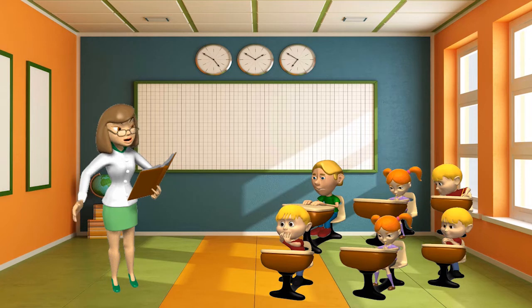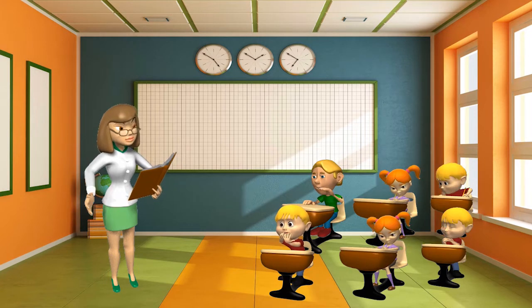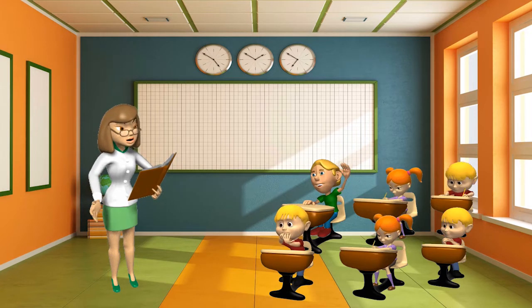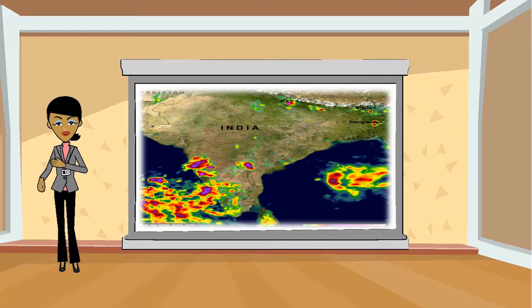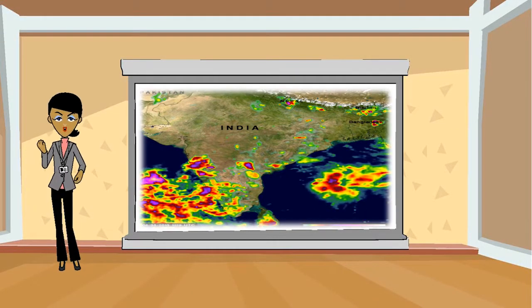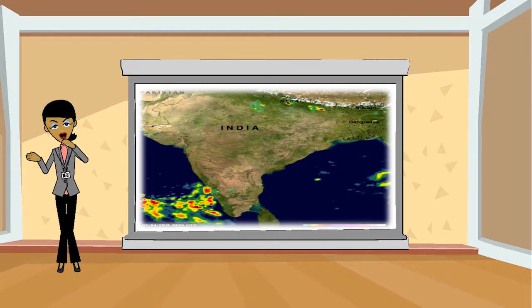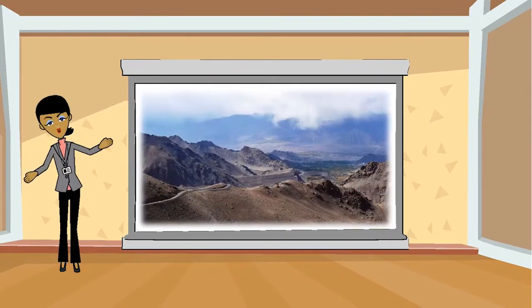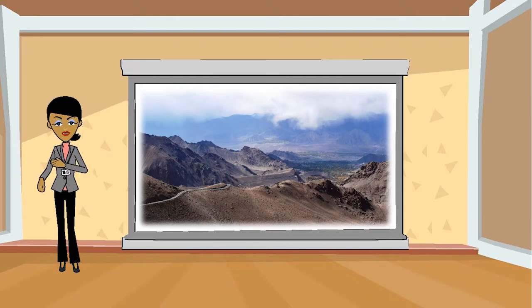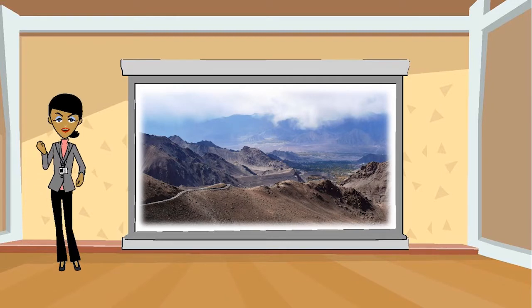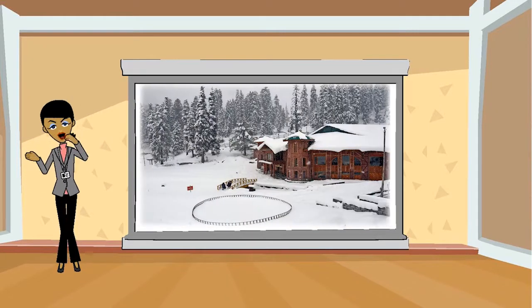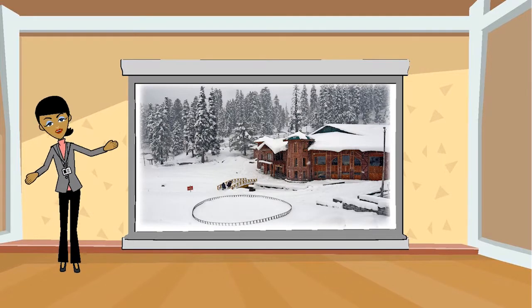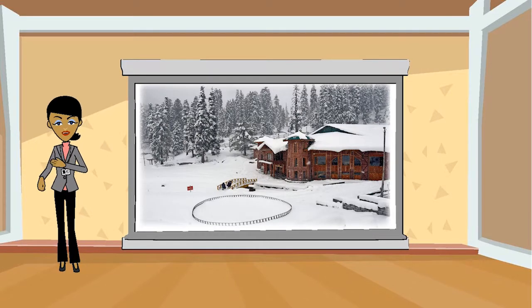Children, let's move on to the climate of India. Indian climate is a monsoon type of climate. This type of climate is a characteristic climate of the South and Southeast Asian region. Indian climate variation ranges from tropical in the south to temperate and alpine in the Himalayan region. Some elevated regions receive prolonged winter snowfall. The Himalayas and the Thar Desert create a greater impact on the Indian climate.